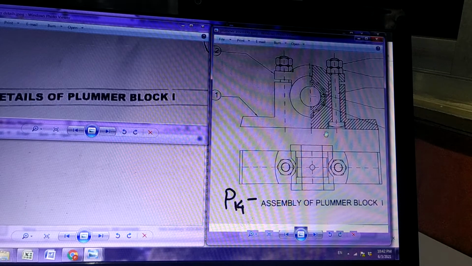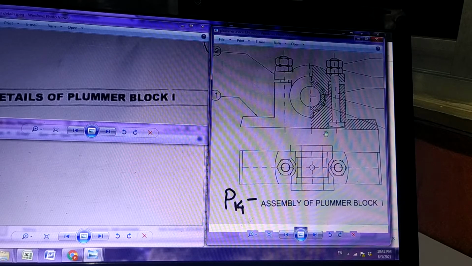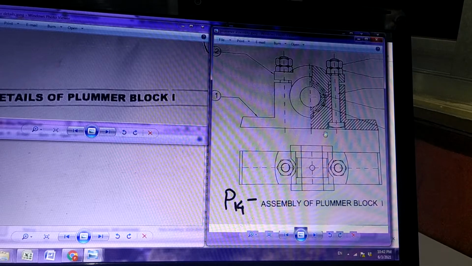That time we referred to the detailed drawings, and by inspecting the detailed drawings and looking at the title, the function, the sizes, parts, dimensions, and material, all these things combined together, we assembled the given details and formed the assembly. So today's assembly is plumber block. First thing, of course, we are supposed to know what a plumber block is.